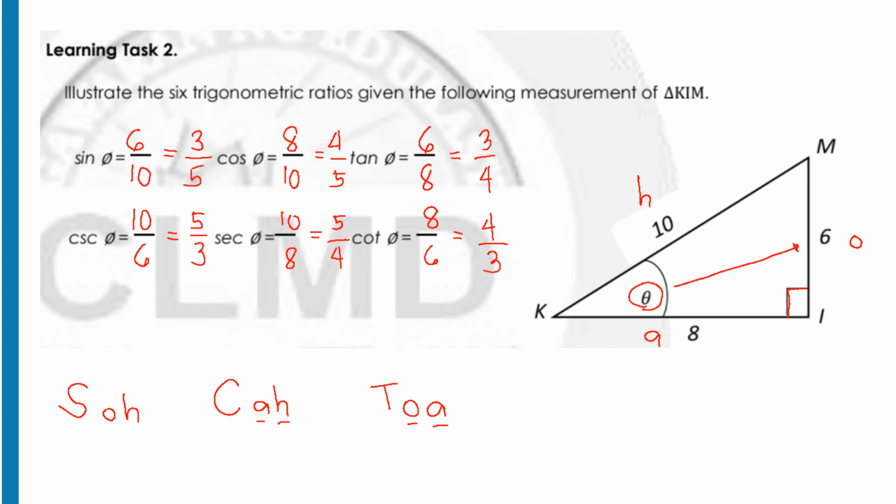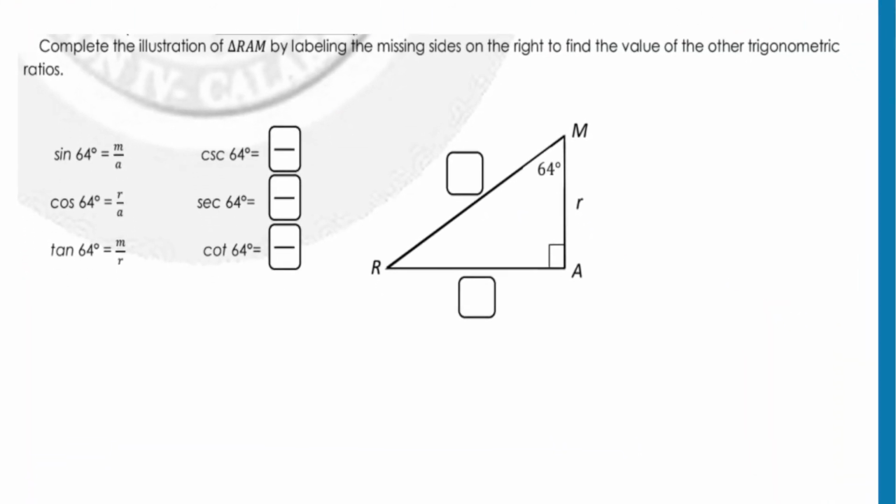So ito ngayon, yung learning task number 2. Next, complete the illustration of triangle RAM by labeling the missing sides on the right to find the value of the other trigonometric ratios. Unahin natin yung given triangle. Meron tayong triangle RAM. Siyempre pa, opposite the side of this angle A, which is the right angle, is side